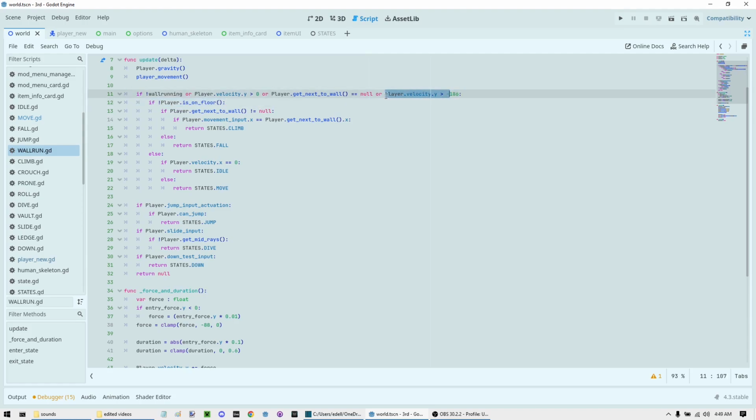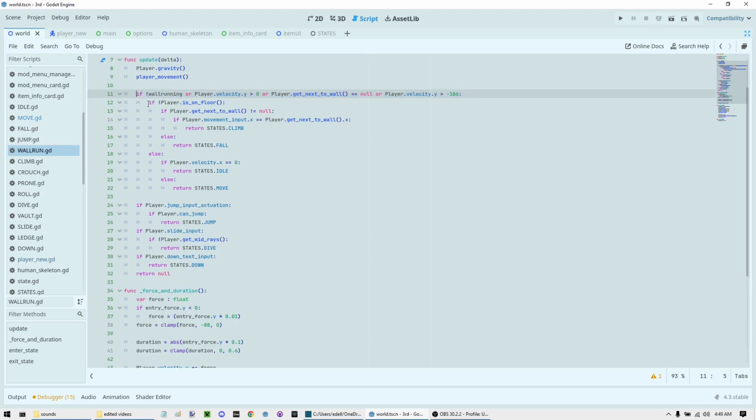I did this because I noticed that if you don't add this, then it's gonna go into the climb state when you're already slowed down completely. So doing this makes it so that you go into the climb state, and if you're pressing up, you'll maintain velocity. So put this whole if right here,